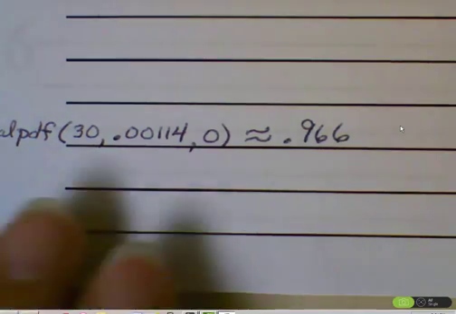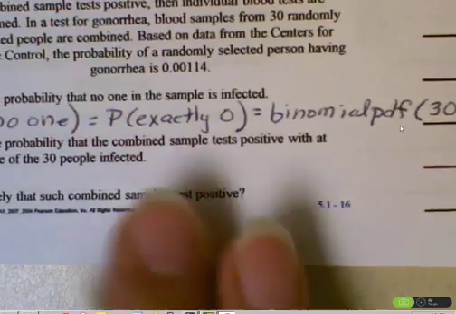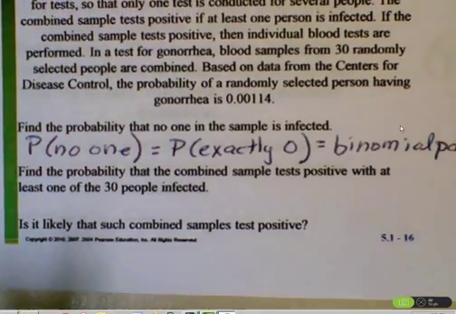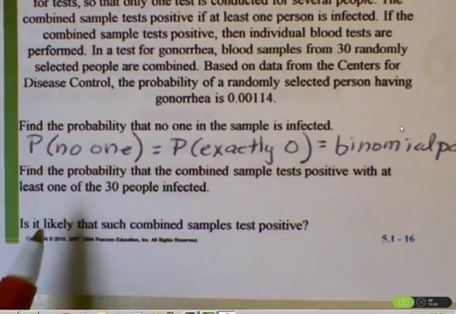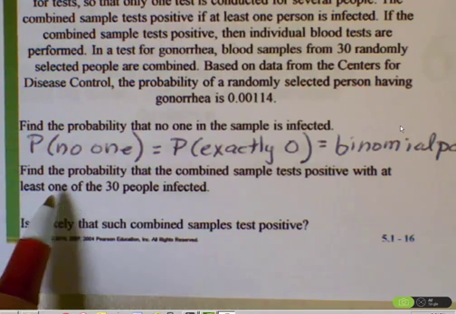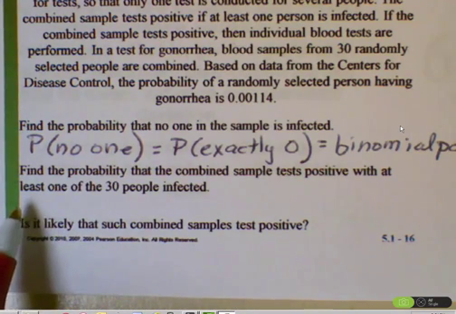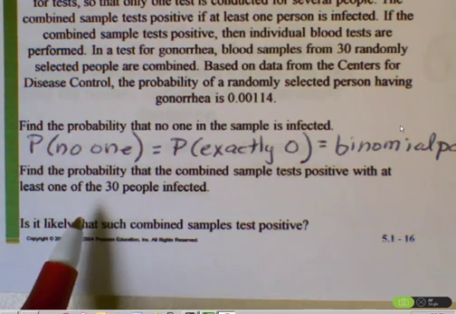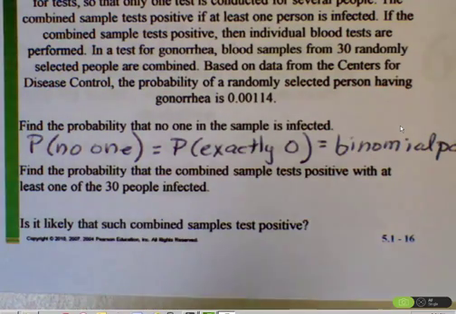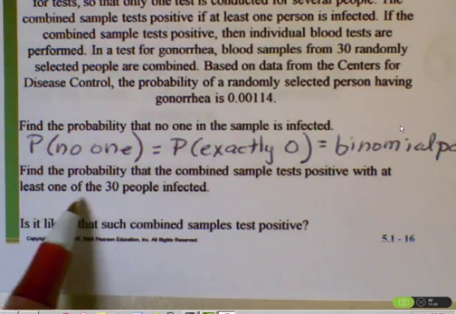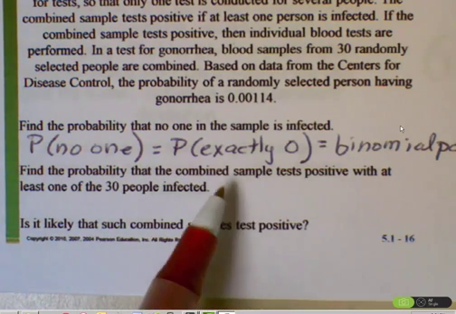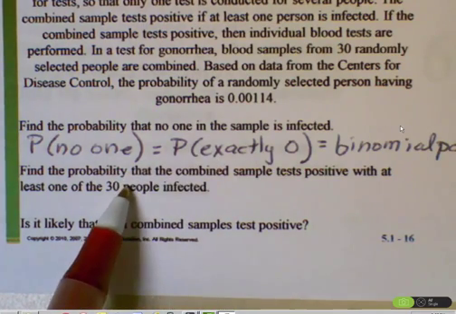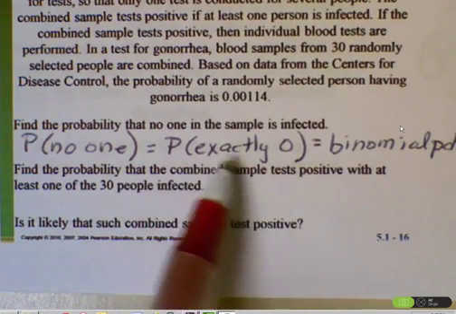We also need to find the probability that the combined test is positive, with at least one of the 30 people infected. Well, there's an easy way to do this and a less easy way to do it. We could say at least is 1 minus binomial CDF and add up from 0 to 29, or we could just say at least 1 is the complement of none. Either none have gonorrhea or at least 1 does. So we already have this probability